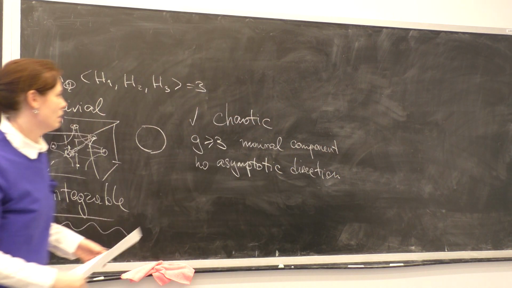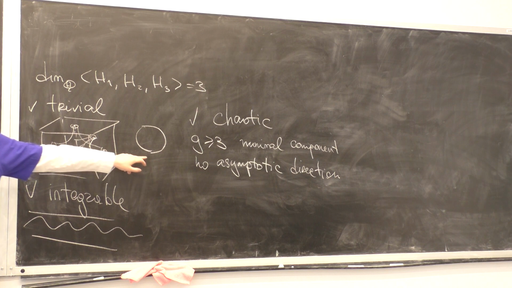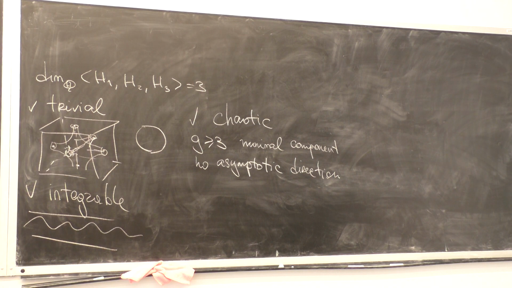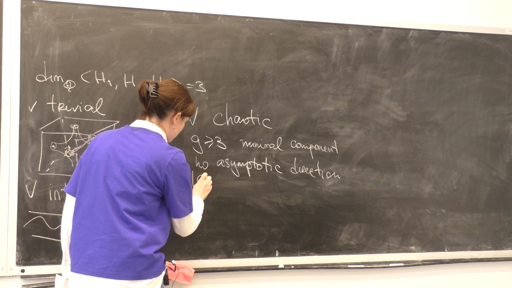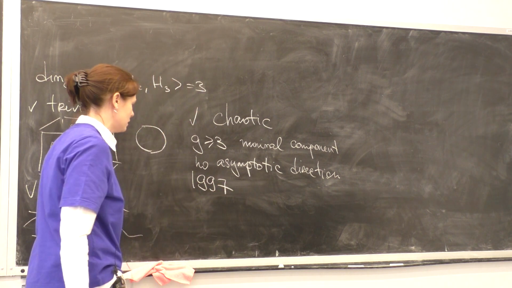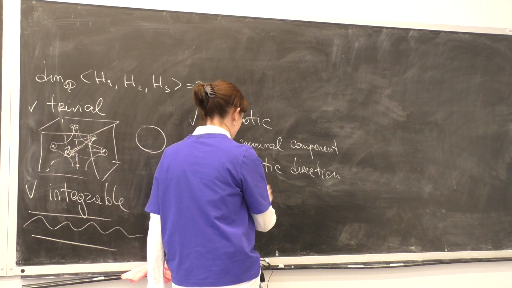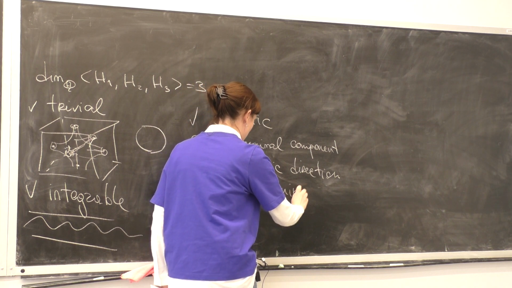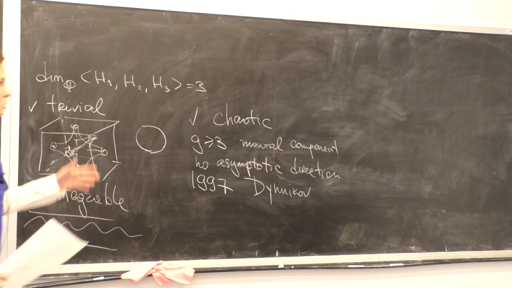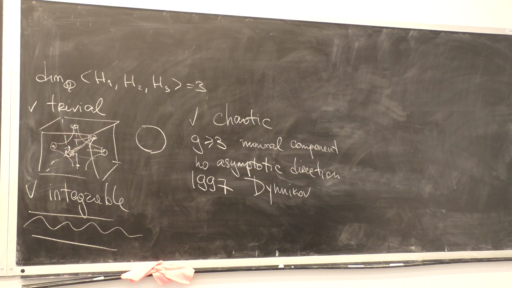This situation is the hardest one to find out, and indeed the first example was built in the context of Novikov's problem quite late. In 1997, Dynnikov constructed it. It was the last theorem of his PhD thesis. But in reality, people used to know some examples of such behavior much earlier. They just did not realize that it's an example of chaotic behavior in Novikov's problem.